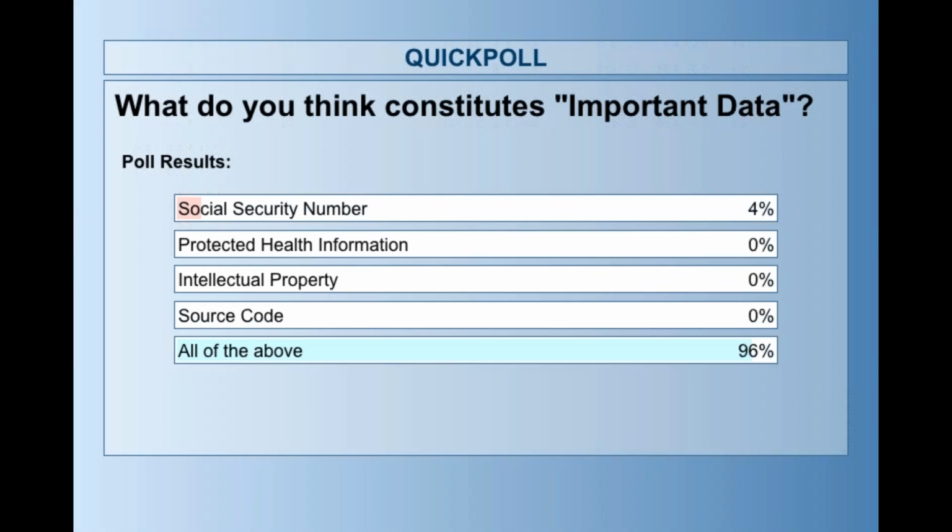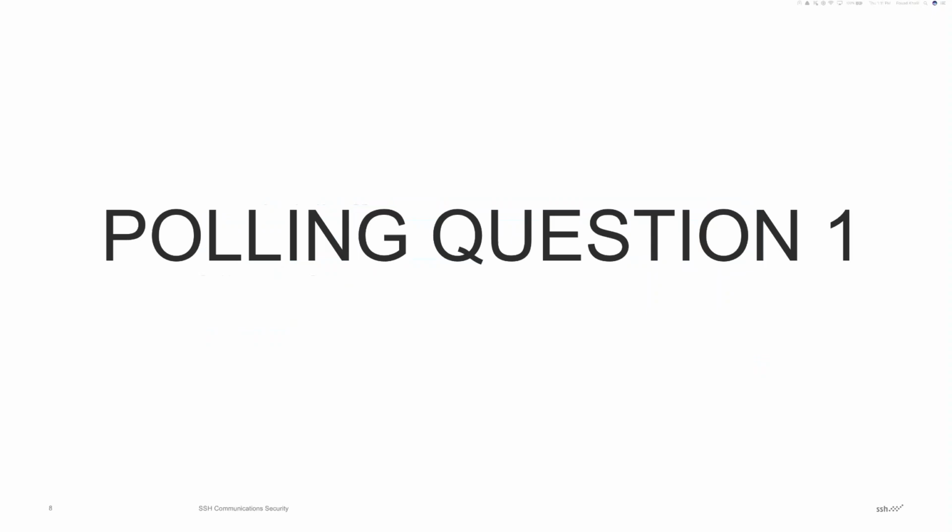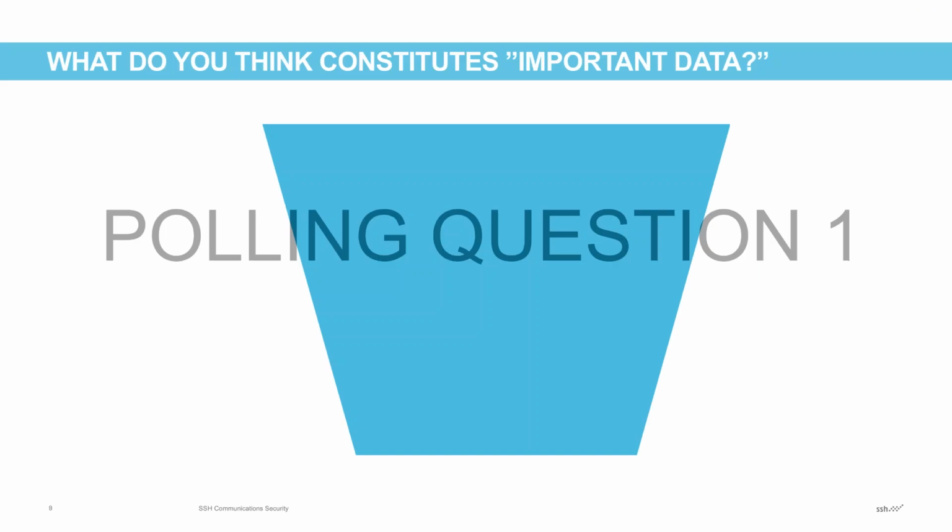And looking at the results there, Fouad and Ed, you can see those. 96 of the respondents said all of the above. This is what we expected. This hit the nail on the head exactly, because everything that we listed is considered protected data. To be honest with you, my approach has been, when I'm engaged in trying to do risk assessment and data mapping, we focus on what really is not protected. It's an easier approach than focusing on what's protected. So good job, and love the number being 96%. All right, let's move on.